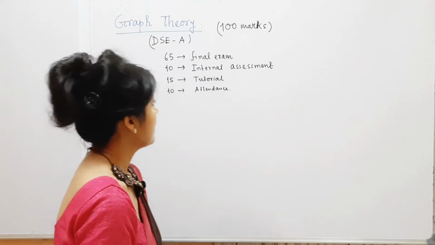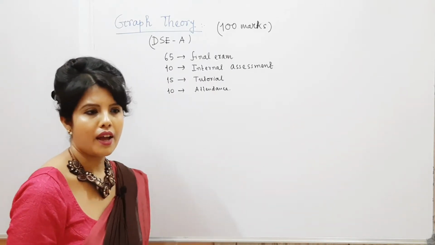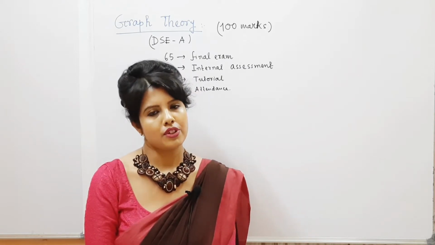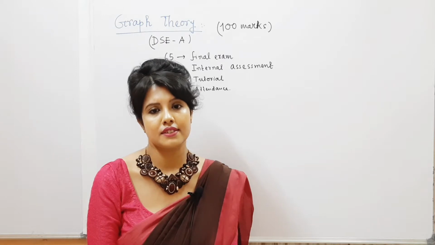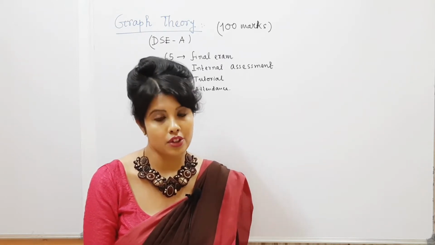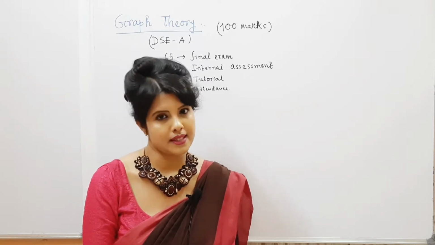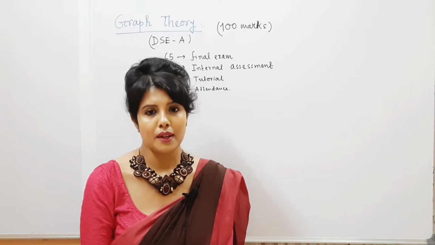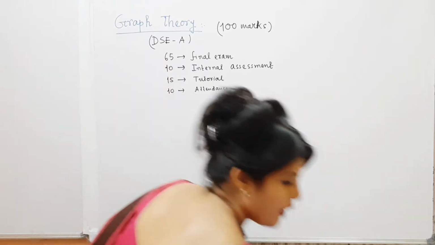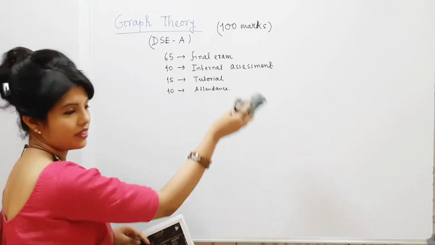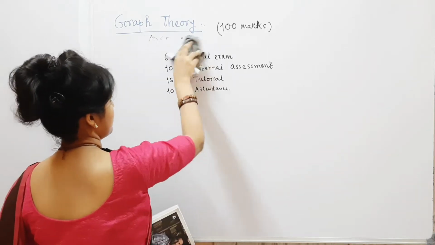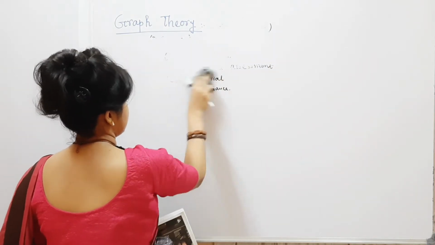So let me start. Today I am giving a very preliminary outline of graph theory: what graph theory actually is, why it is needed in our life, what the basic terminologies of graph theory are, and some basic examples. These are the points of discussion for today. You already know the classification of this graph theory.